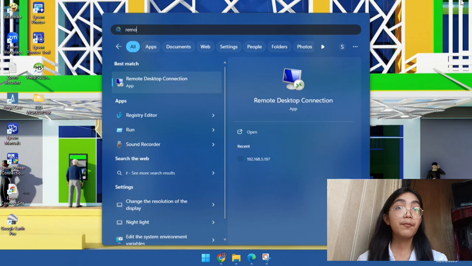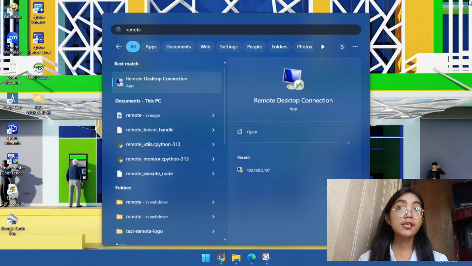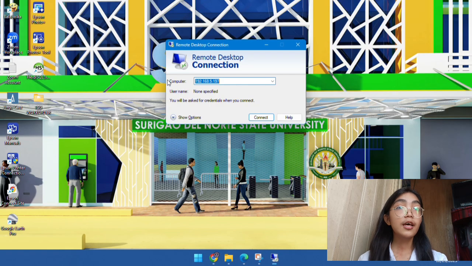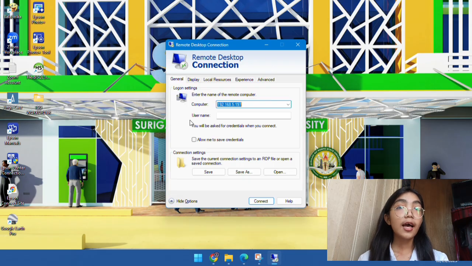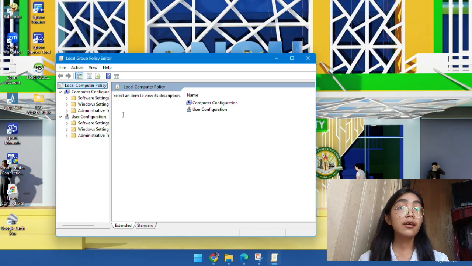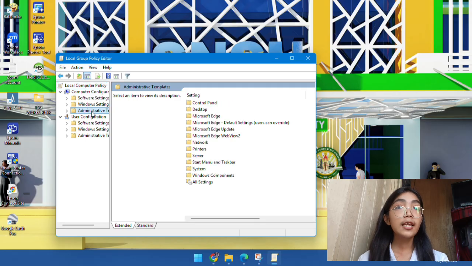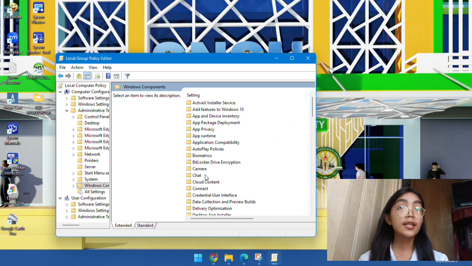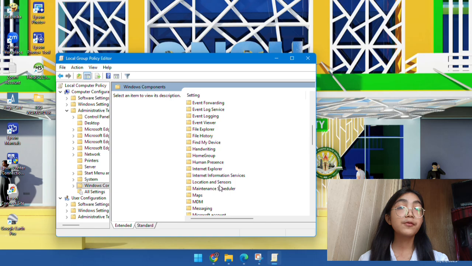secure it properly. This can be done by enforcing strong authentication and increasing the encryption level using the Local Group Policy Editor. To open it, press Windows R, type gpedit.msc, and in the Local Group Policy Editor console, navigate to Computer Configuration, then Administrative Templates, then Windows Components, and select Remote Desktop Services.